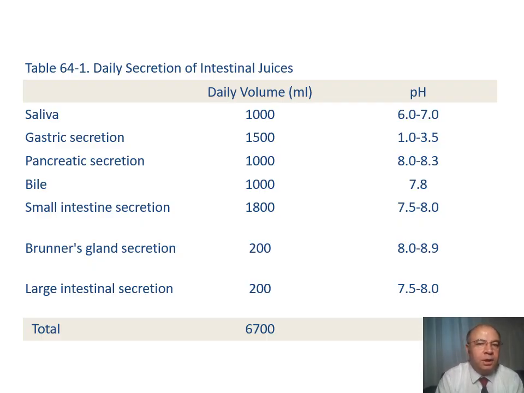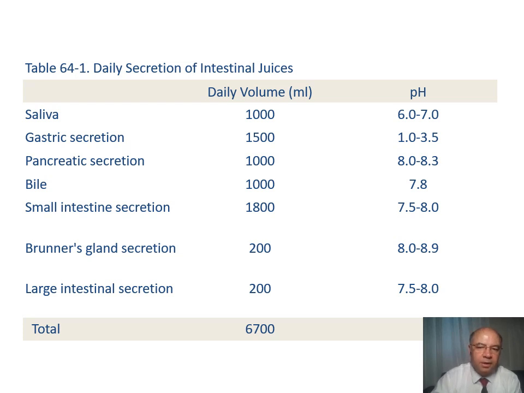Here you see daily secretion of intestinal juices. Saliva has a pH between 6 to 7, and about 1 liter of saliva is secreted in a day. Gastric secretion pH varies between 1 to 3.5 and is secreted about 1.5 liters per day. Pancreatic secretion, again, 1 liter per day, and the pH is a little bit alkalic, varies between 8 to 8.3,